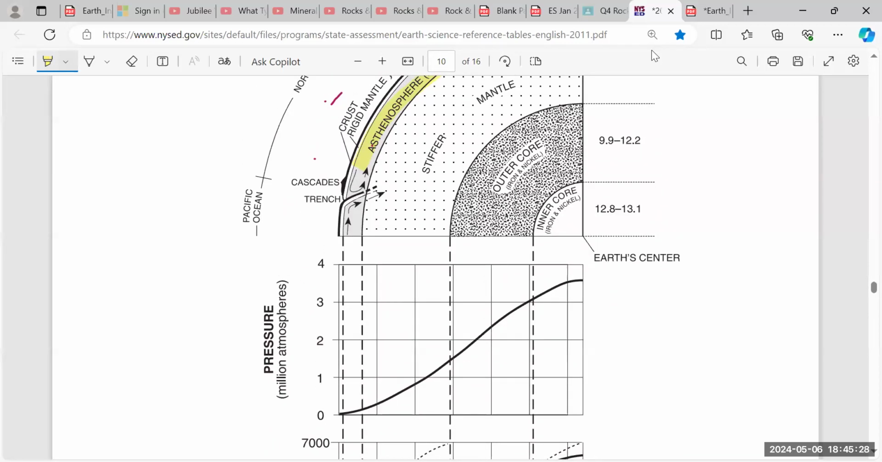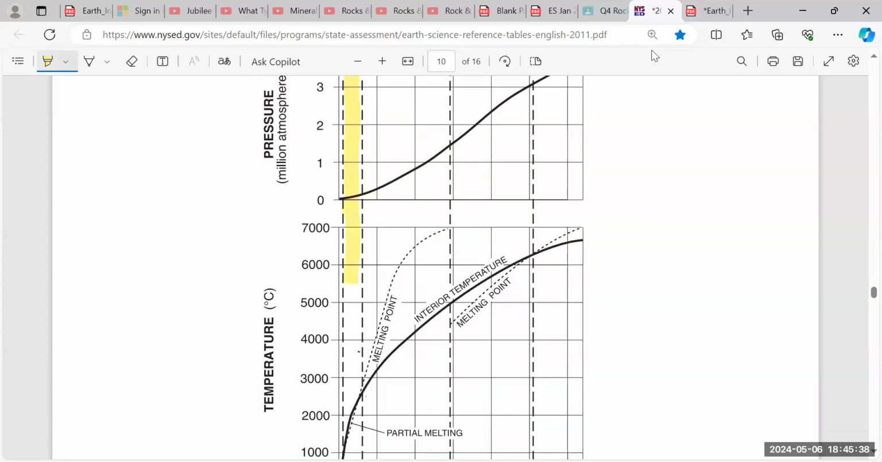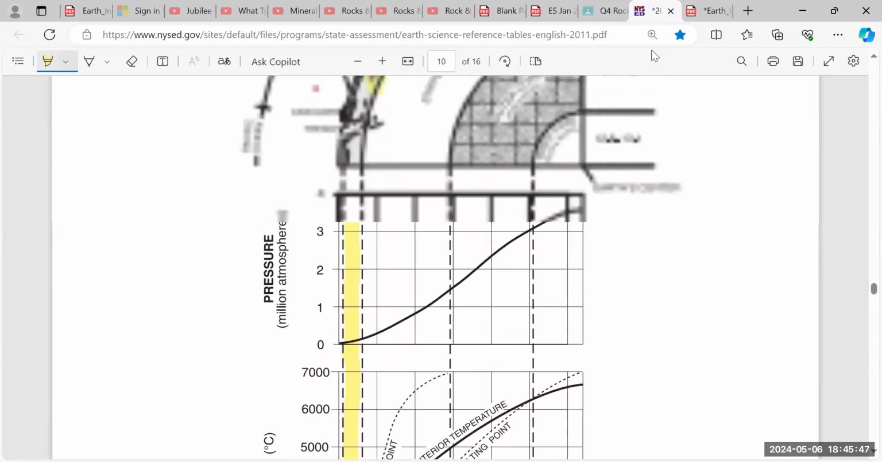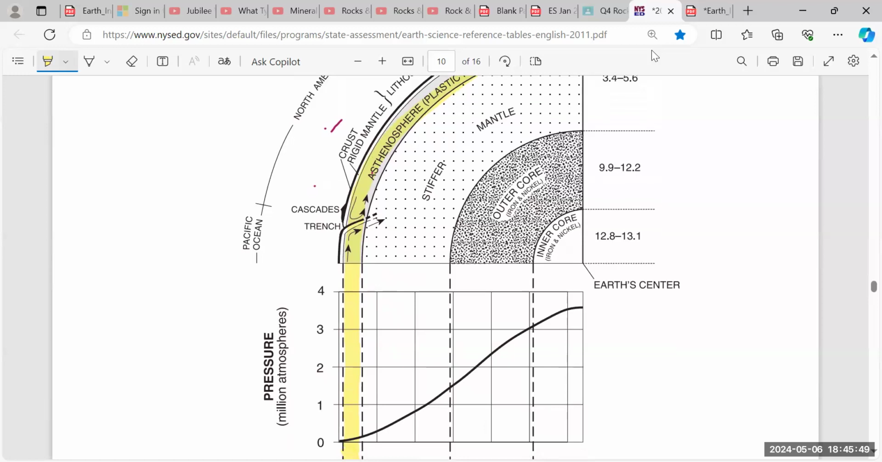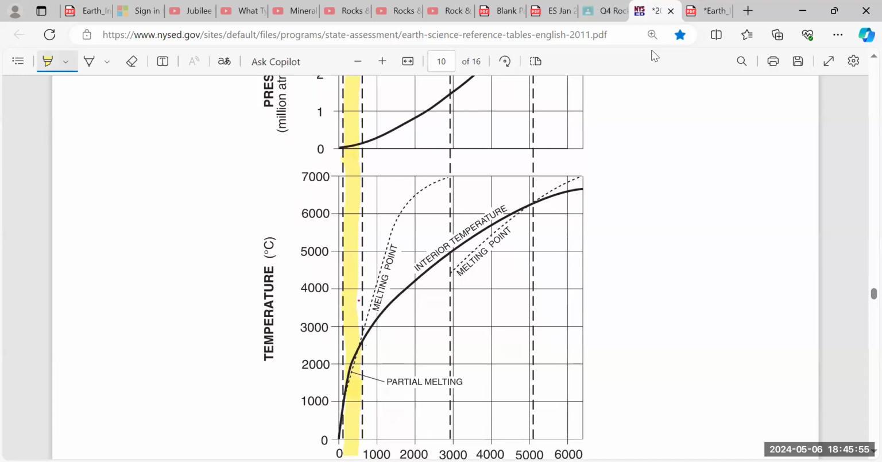I'm going to look at the depth where melting first occurs in the asthenosphere. What I'm going to do is continue to keep the asthenosphere highlighted as I'm scrolling down. So this yellow category represents the asthenosphere. Do we see where it follows? And I'm looking for the temperature where melting first occurs. It definitely looks like, and I'm going to zoom in a little bit more,